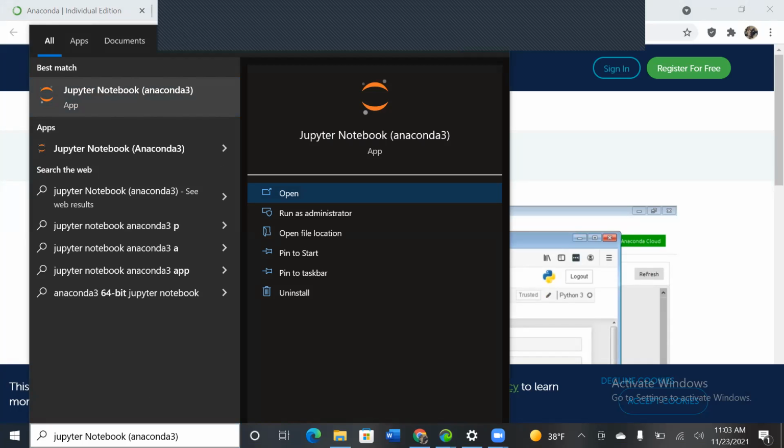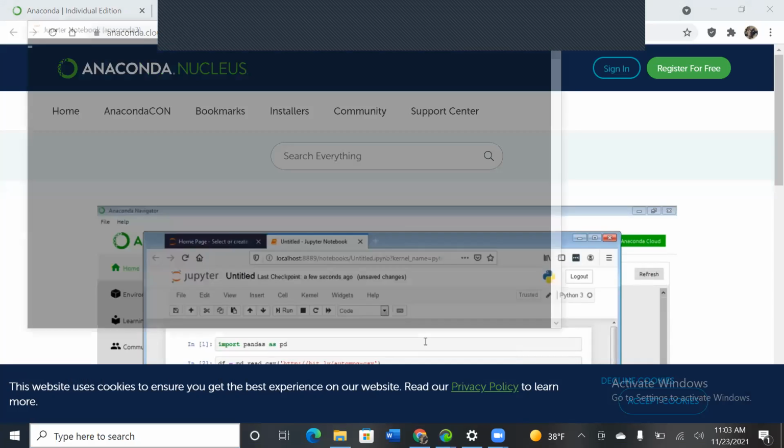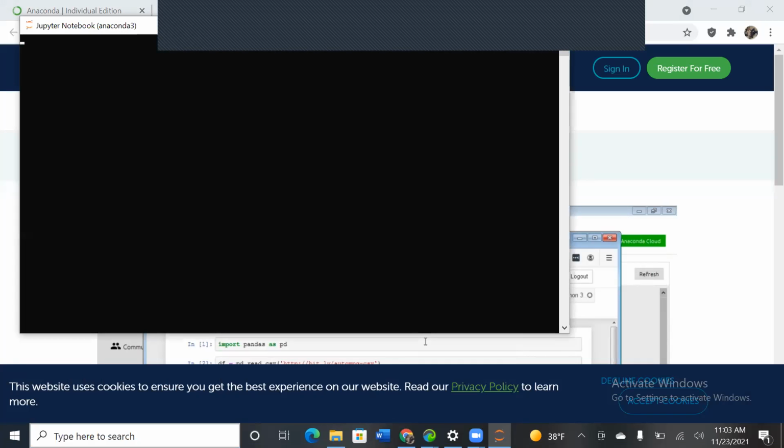I already got it there, Jupyter Anaconda notebook. With green color, you will get that. Anaconda 3, the latest setup. Wait for a few seconds because you're starting it for the first time, so it will take some time. Search here again, Anaconda, not Jupyter notebook.